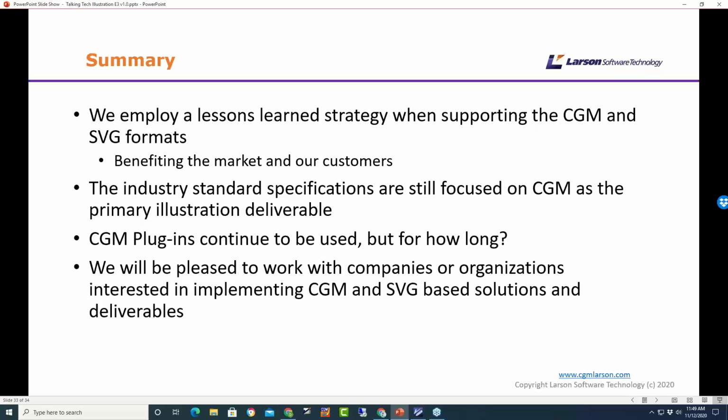And we've really learned a lot about the formats, especially SVG, over the past few years. We've done that in a lessons learned kind of strategy, where we are working with customers who are trying to create these SVGs. They're having issues, and then we're tweaking the software to work with specific file formats. It's a big benefit to our customers, working with both the off-the-shelf software, but also the SDKs, where they actually integrate the software into their own environment.